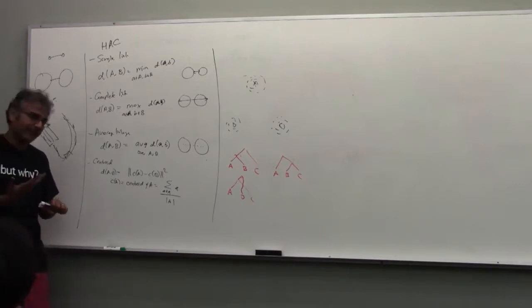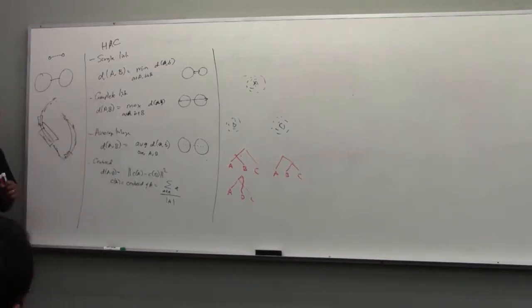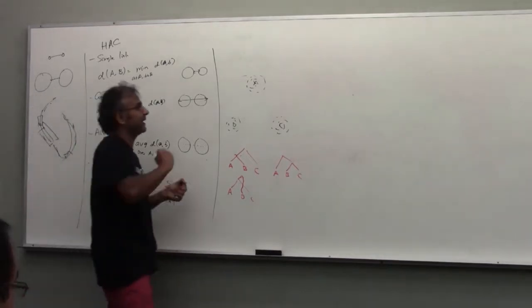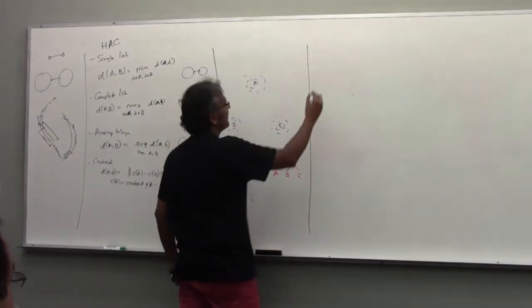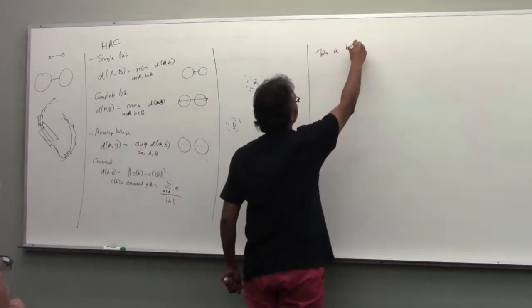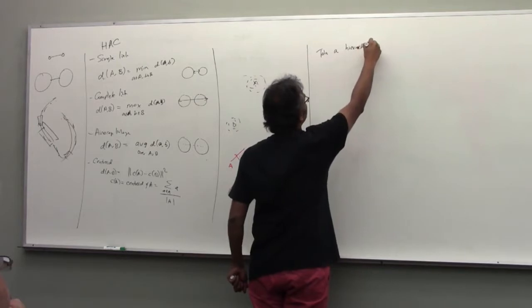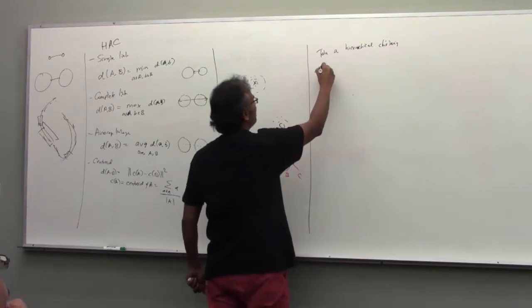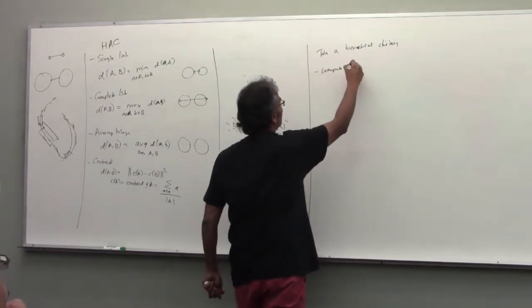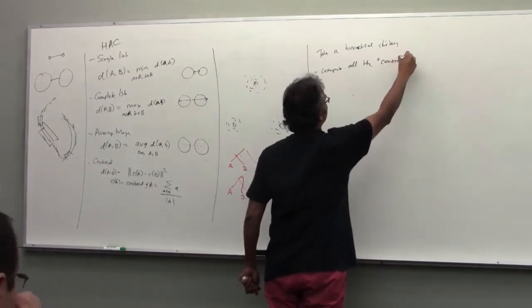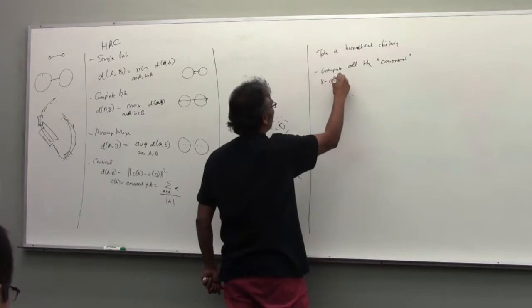And this is where things start getting interesting, and you can start being a little more precise. You can ask, how does a hierarchical clustering compare to the best K clustering? In particular, take a hierarchical clustering and compute all the, in quotes, canonical K clusterings from it. What I mean by this is